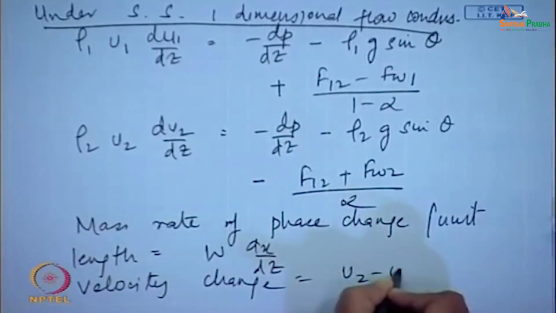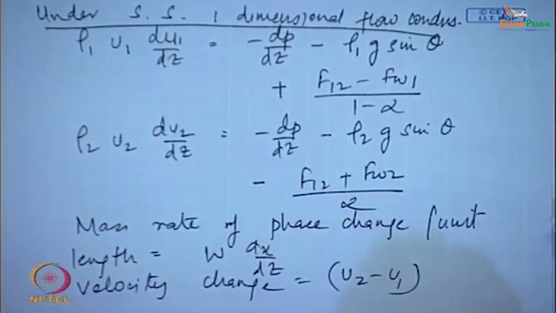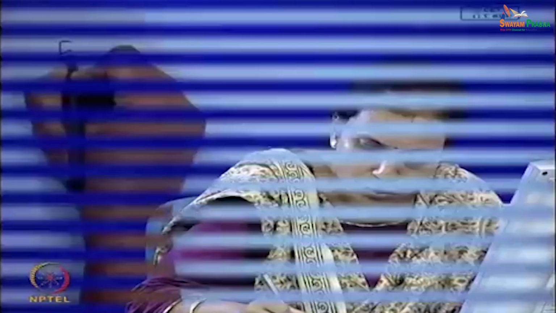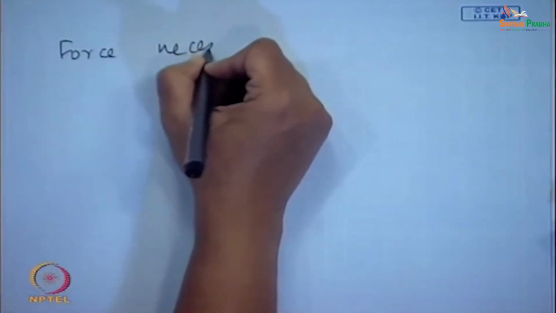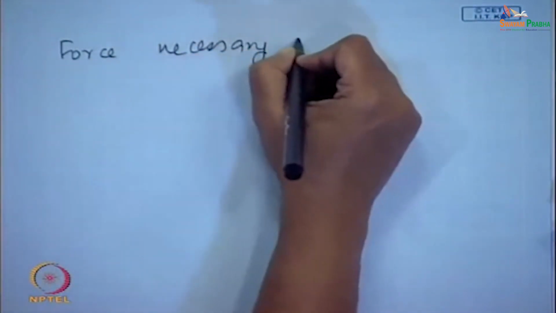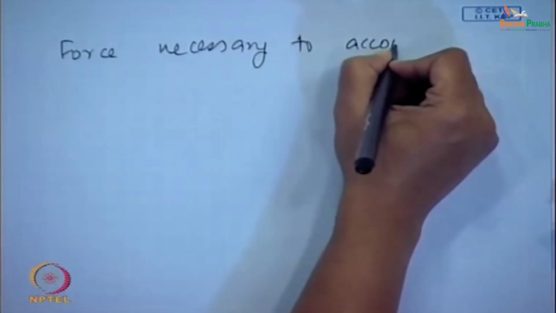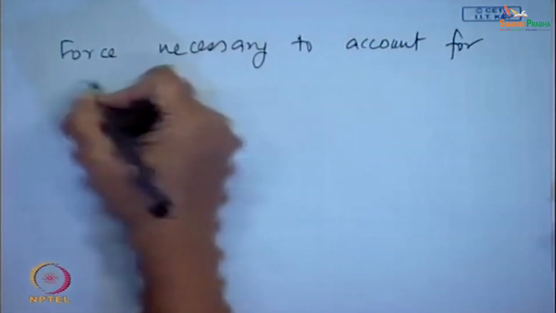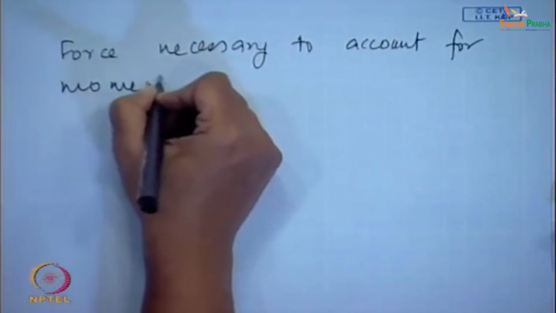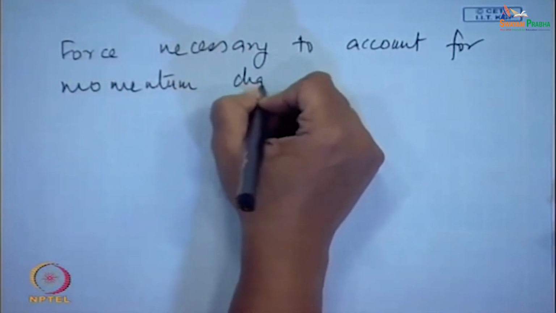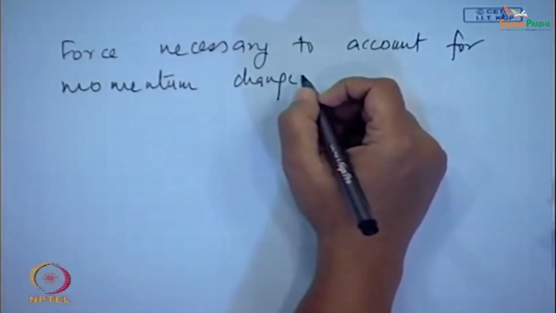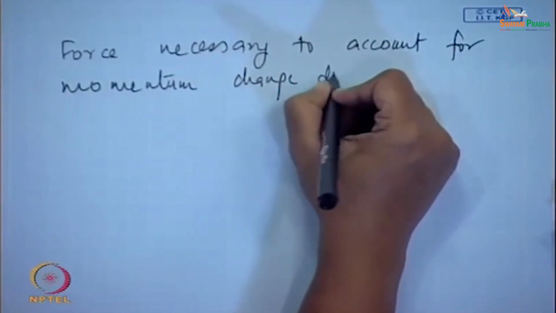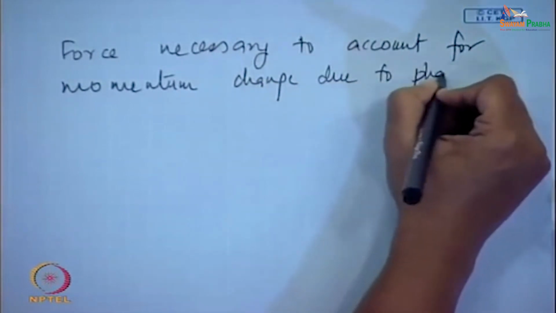This is u2 minus u1. You agree with me? Okay. Now, therefore, what is the total force which is necessary? The total force necessary to account for momentum change due to phase change